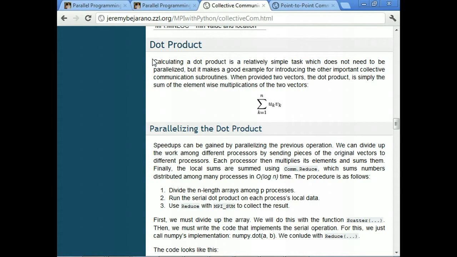If you have two vectors, you want to compute the dot product by multiplying the elements of each vector one-to-one with the corresponding element of the other vector. What would be the best way to parallelize that? Just a review of concept. If you could do anything, how would you imagine parallelizing the dot product operation?